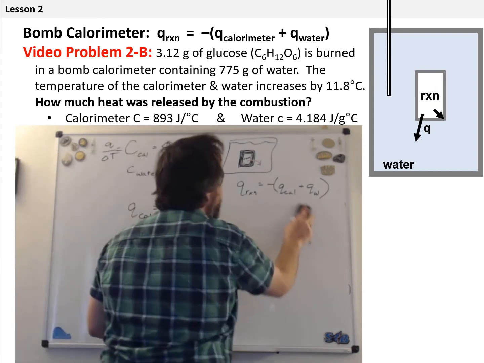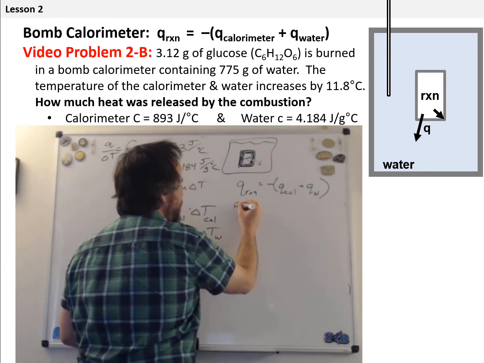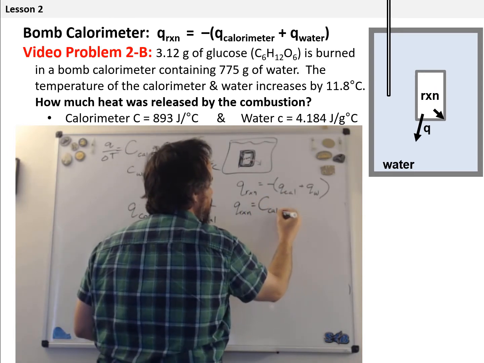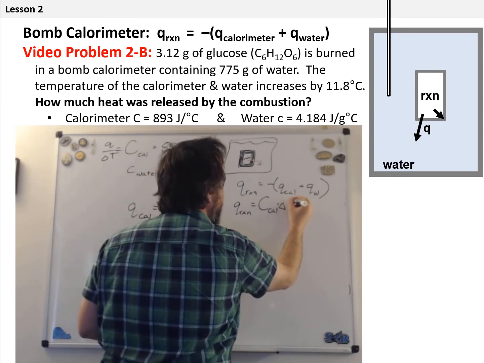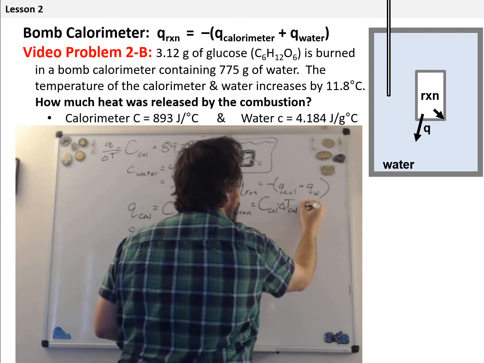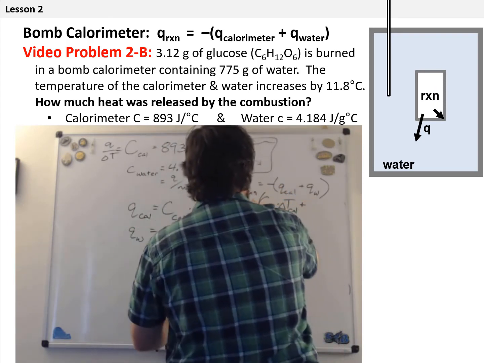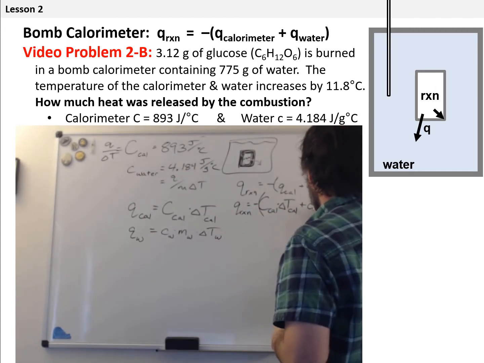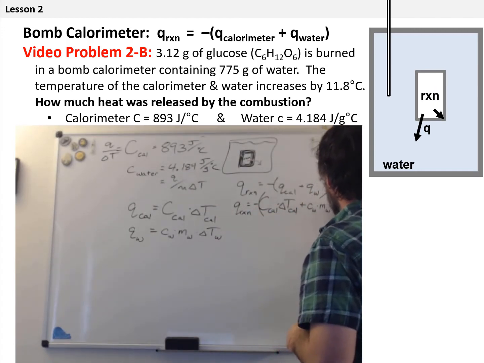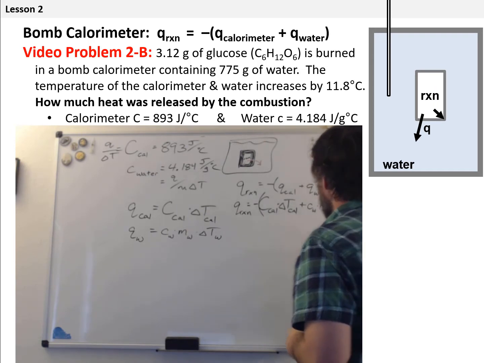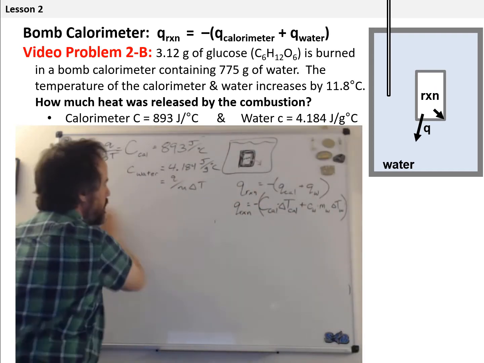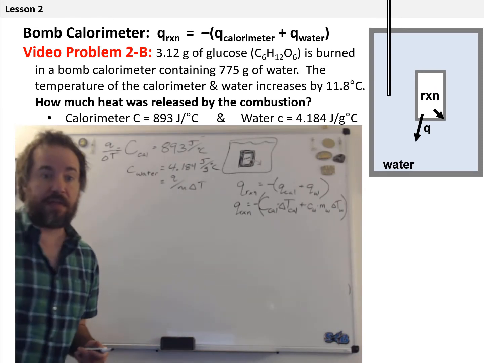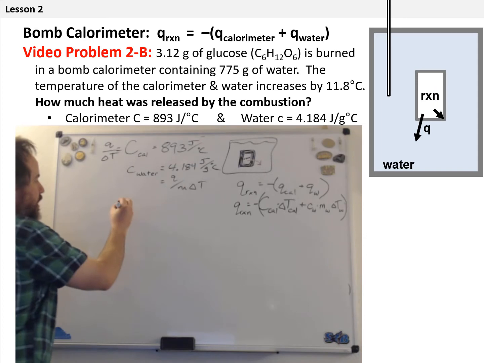All right, so this is going to be Q of the reaction equals the calorimeter constant times delta T of the cal plus, there's a negative sign there, C of the water times mass of the water times delta T of the water. All right. And I think we have most of this, right? So Q reaction